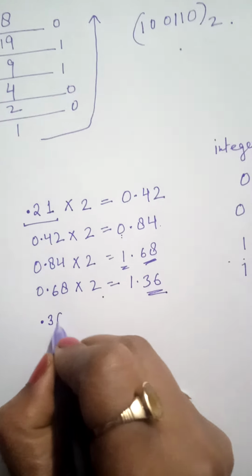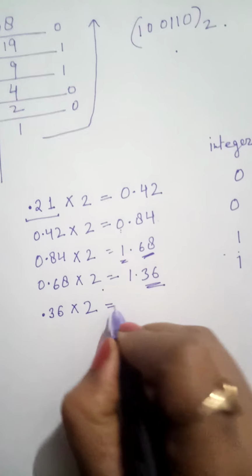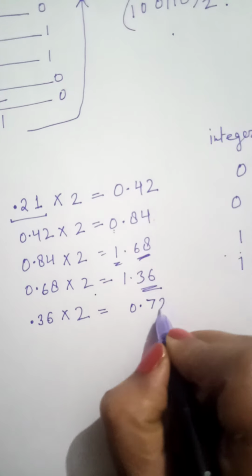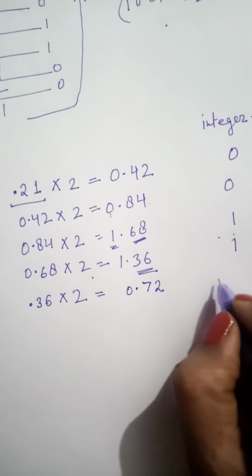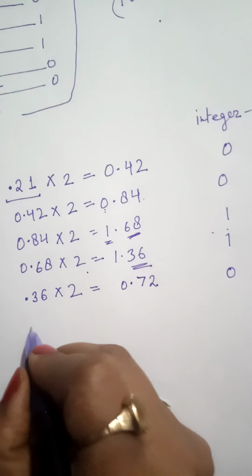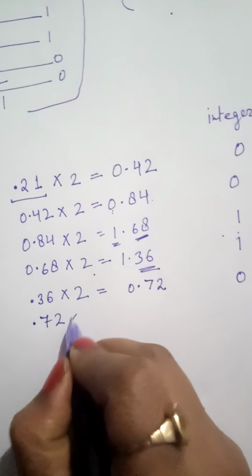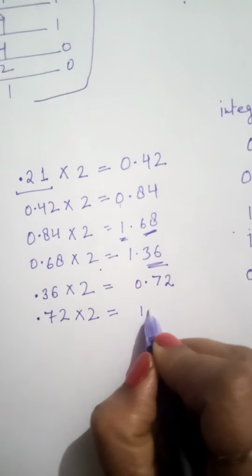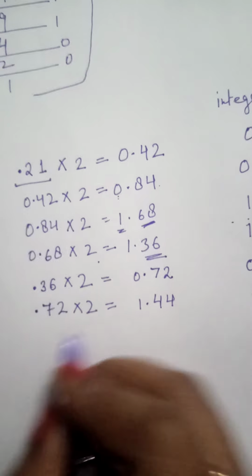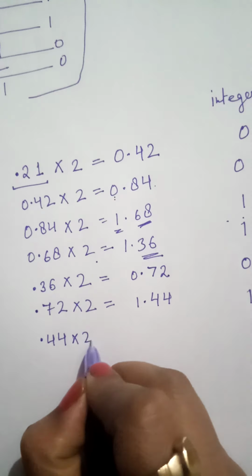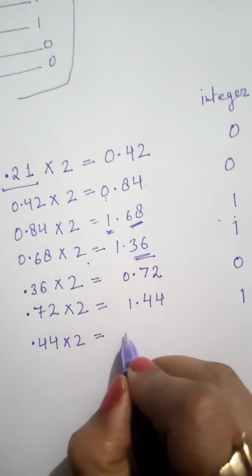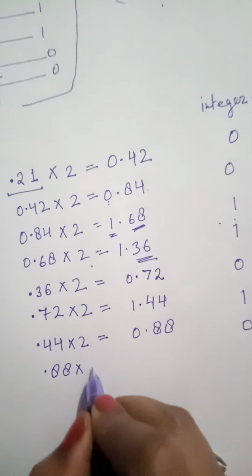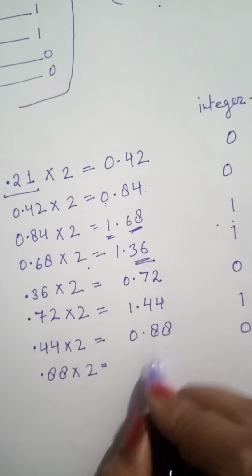So till you are getting a fractional part you will be multiplying that repeatedly by 2. Now point into 2. Then 0.88 into 2,